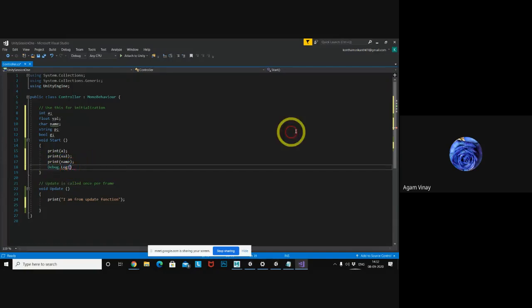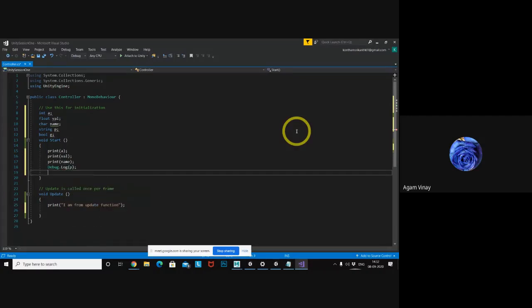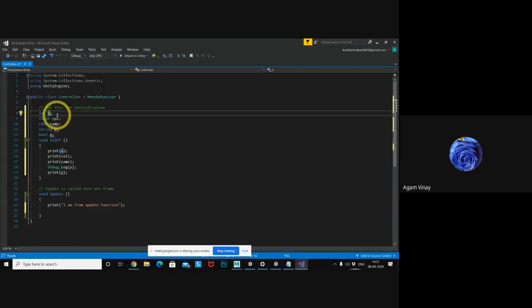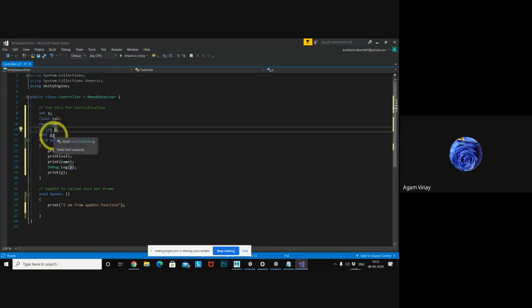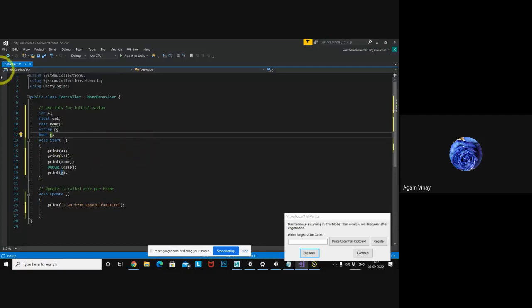It also acts like printing only. Print the string p, and print the boolean g. Here the integer value by default is 0. Float is 0. Character is null. String is also null. And what is the boolean value by default? False.